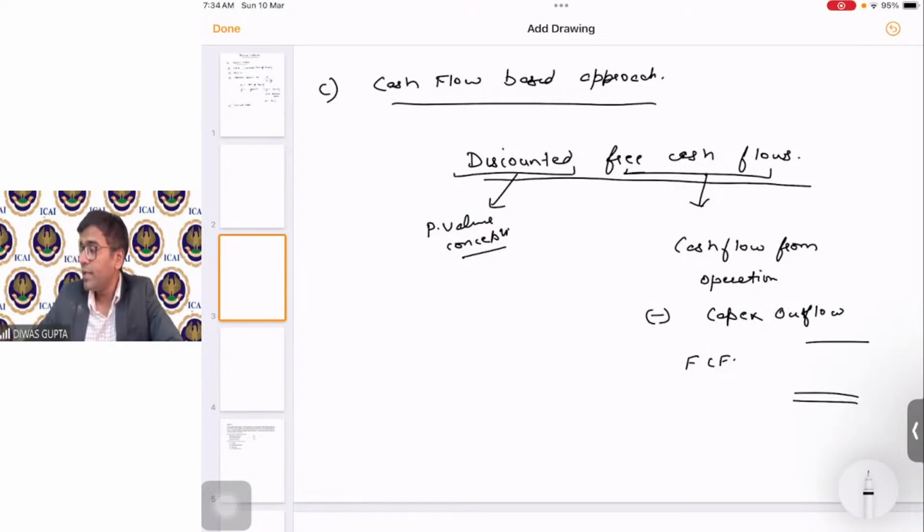No. So free cash flow means operating cash flow less depreciation? No. Depreciation is not a cash item. Depreciation can never be reduced from a free cash flow, right? Free cash flow means the cash flow from operations, whatever cash earnings you are able to do from your operations, minus the capex outflow, students. Okay, that is called as free cash flow. Now,